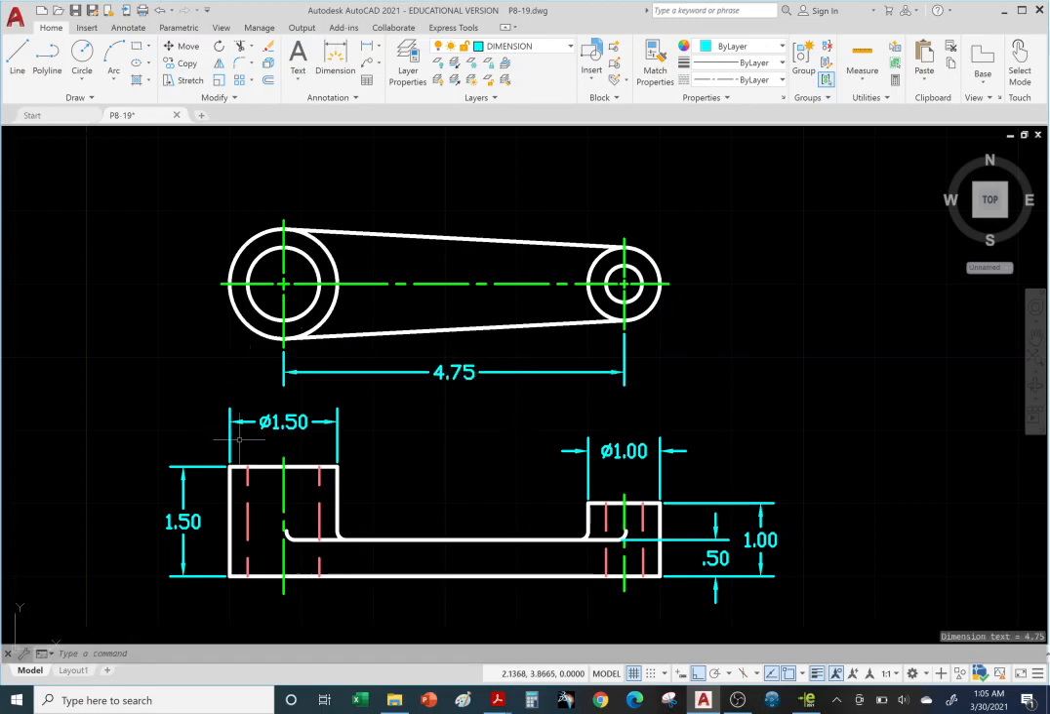And again, try and keep the dimensions between the views. I think I forgot to mention earlier, but it is mentioned in the lecture notes. You try and keep dimensions between views when possible. Okay, now let's add the diameters for the holes. So diameter, click on the circular hole, click. Same thing for this one, circular dimension,